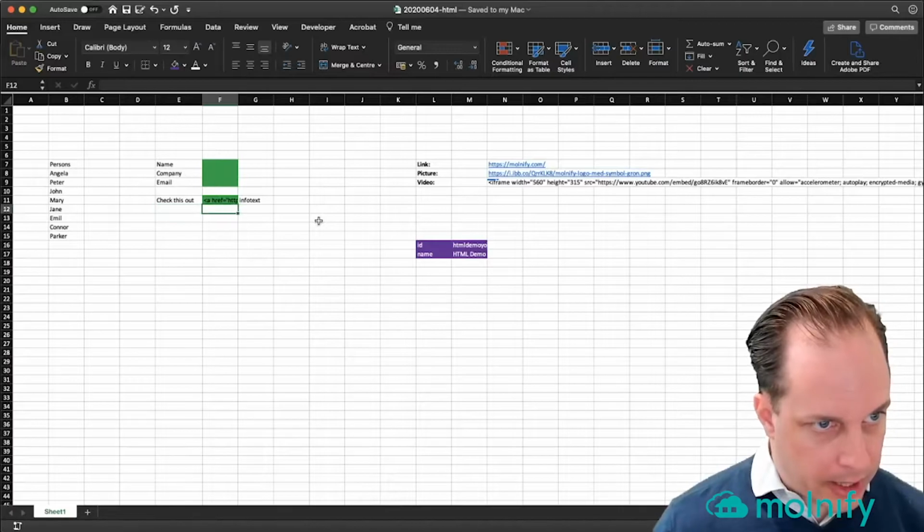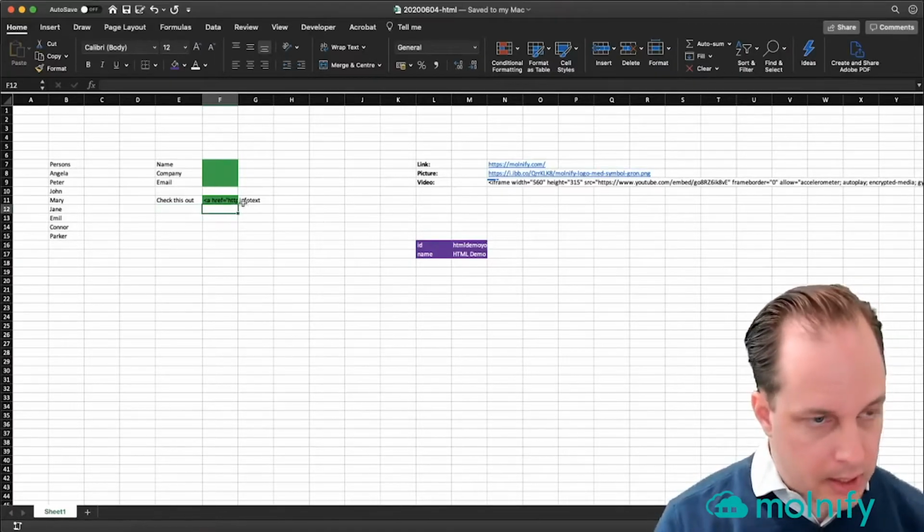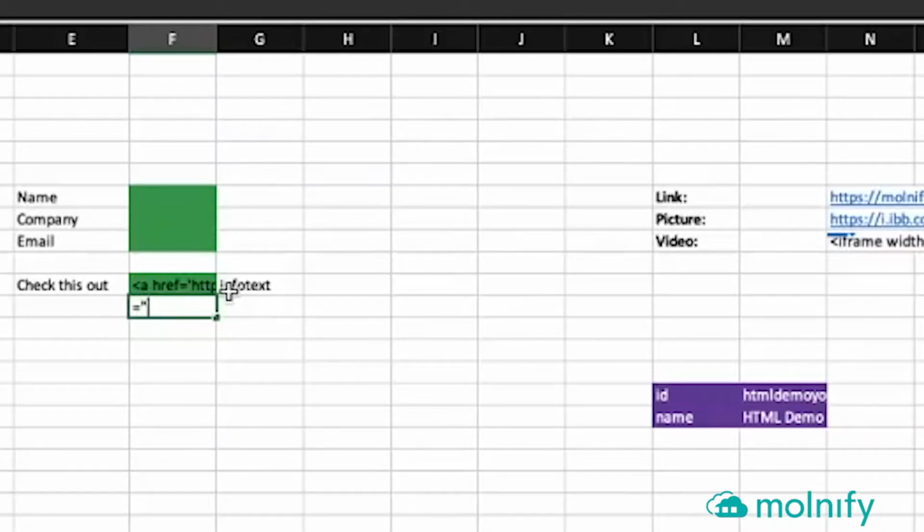Maybe I want to put that underneath here. So in this case, I will just type equal sign, quotation mark, and then img src equals, and then a quotation mark with only one little line in it, and then a regular quotation mark. And then we will reference this cell here, which is the URL of the image. And then we'll continue with the text, and we will type